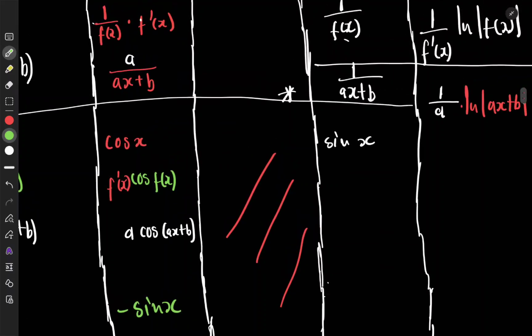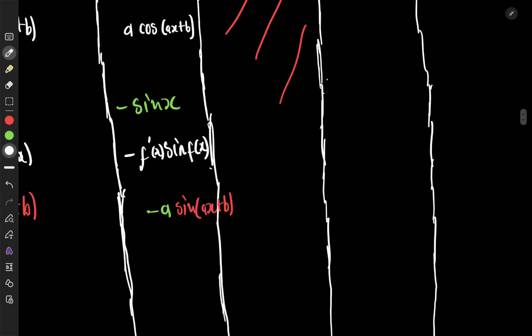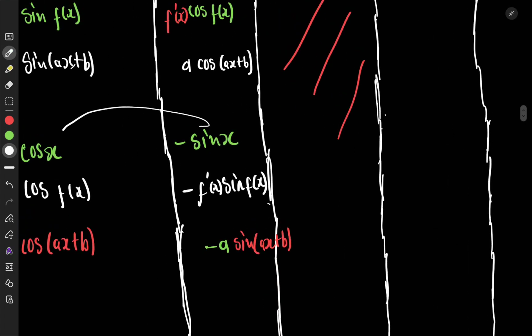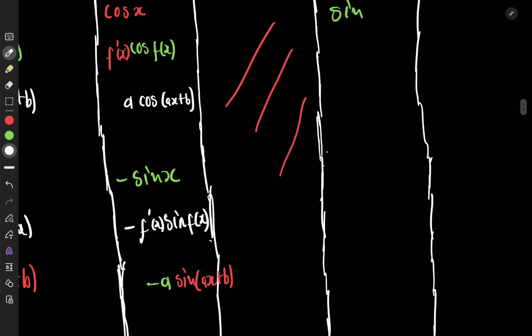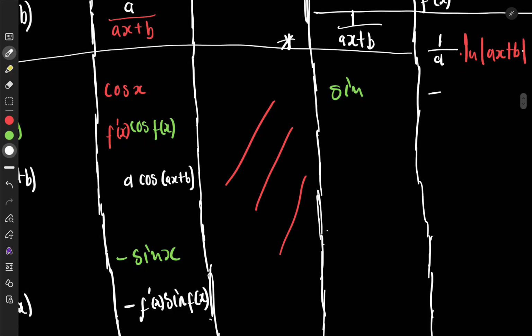Now, we want to integrate sine. How do we do it? You just go to where sine is on the common derivatives table and you move back. Where does it lead you? So here, if I integrate negative sine, I get positive cos. What about if you integrate positive sine? You get negative cos. So this is negative cos x, okay? The integral of sine x is negative cos x,